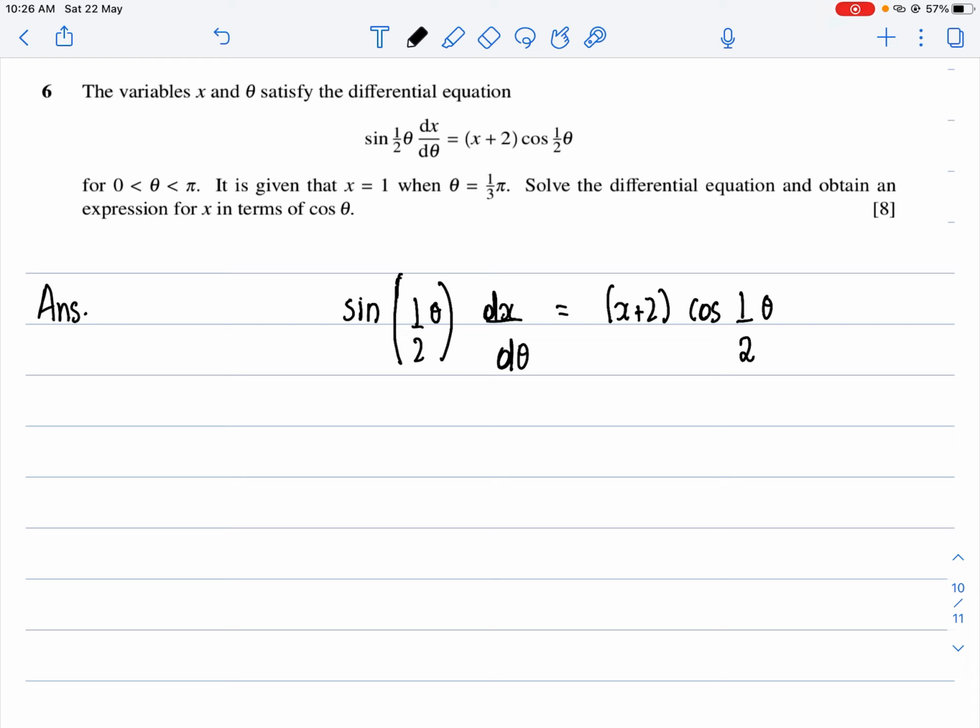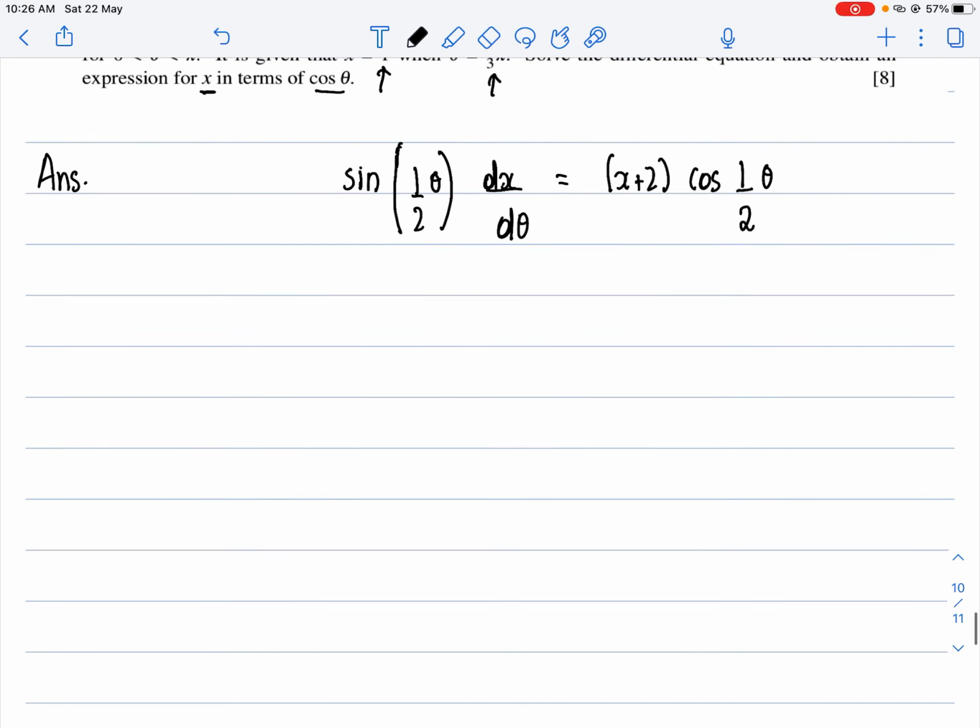So as you can see, the variables x and theta satisfy this differential equation. When x is 1, theta is 1 upon 3 pi, and I need to obtain an expression for x in terms of cos theta. Okay, so now what I basically do is I can write this in the variable separable form,